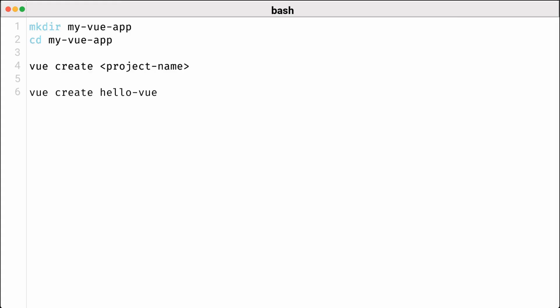Next, we'll run the Vue CLI command to scaffold our project. This command is absolutely essential because it kicks off a new Vue.js application and sets up a predefined structure for you. That way, you can jump into development without stressing over how to organize your files. For our example, let's call our project Hello Vue. Now, this specific command not only creates the project, but also packs it with essential features already ready to go,